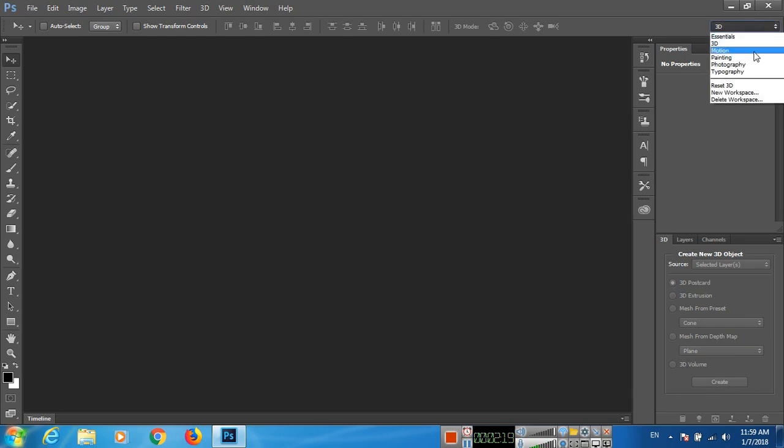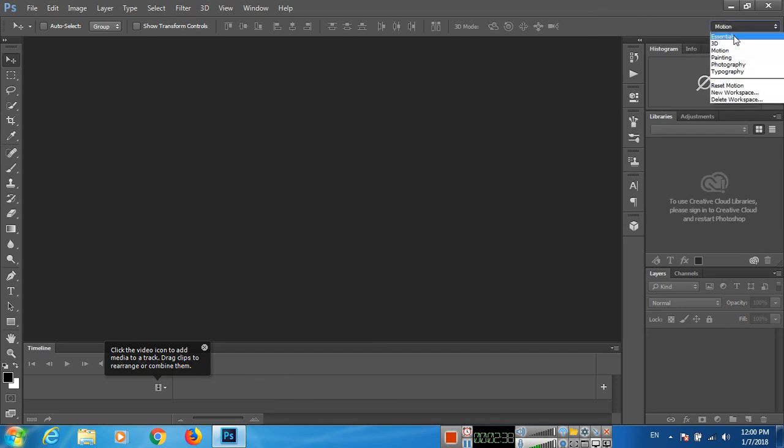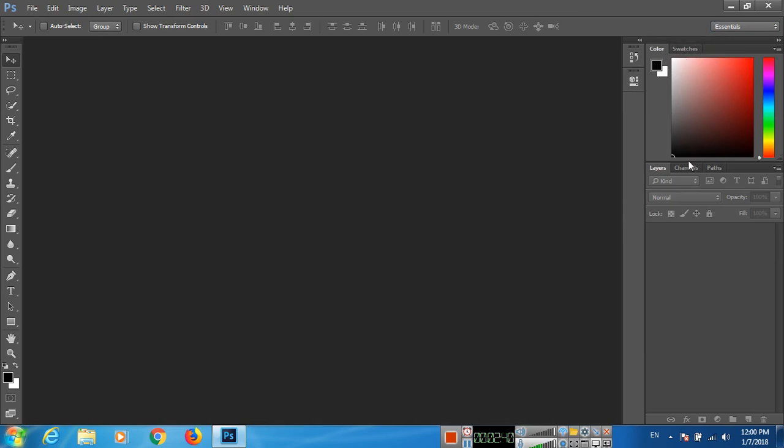If you select motion, for instance if you are using Adobe Photoshop as a video editor, you can see the timeline appear in the bottom. So these are different panels. If I select the default one, that is essentials, you can see here color, swatches, layers, channels, and paths. Okay,